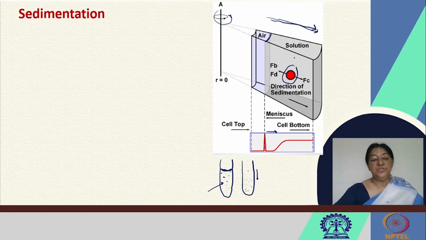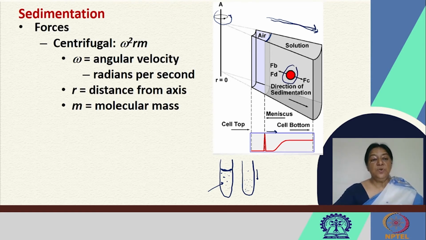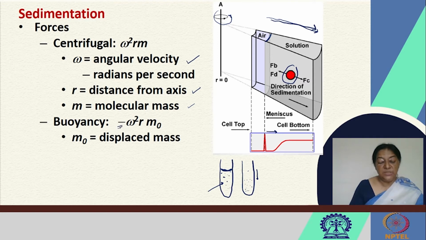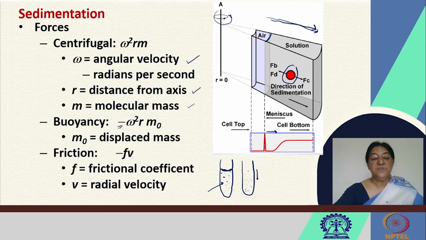There is the centrifugal force, which is given by the angular velocity in radians per second, the distance from the axis, and the molecular mass, which is important depending upon our system of interest. Followed by this, we have two opposing forces. One is the buoyant force of the molecule that looks at the displaced mass, which is acting against, which is negative, and the viscous force that is due to the friction of the liquid that is present,